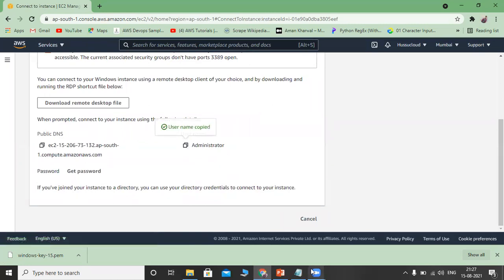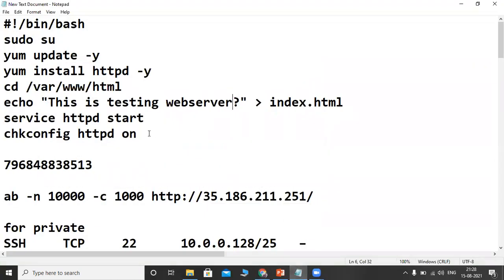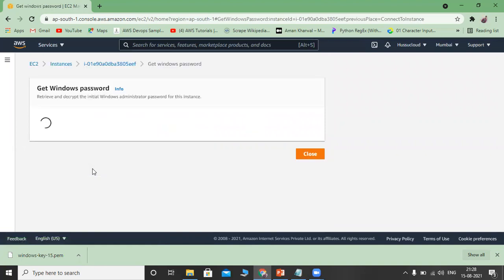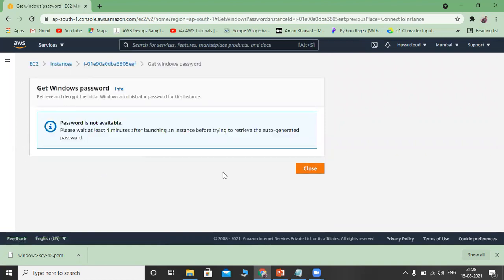I will make a note of this. The username is Administrator. And then I need a password, so I will select Get Password. It is still propagating. Our machine has not propagated yet, so let us wait for a couple of minutes.